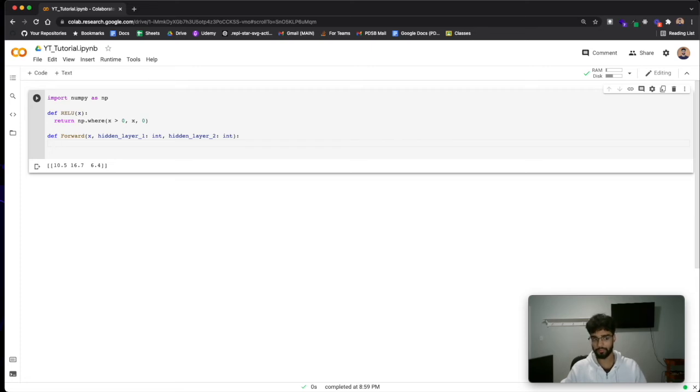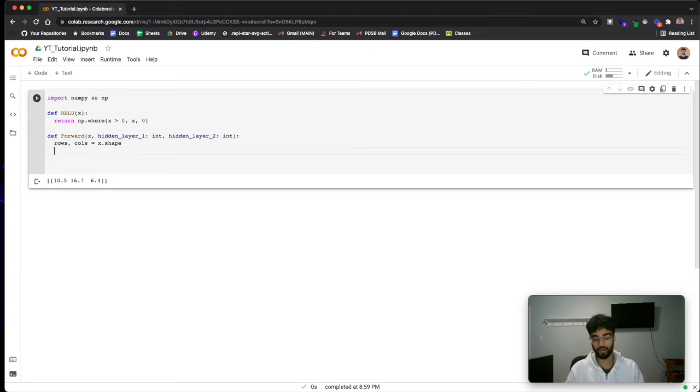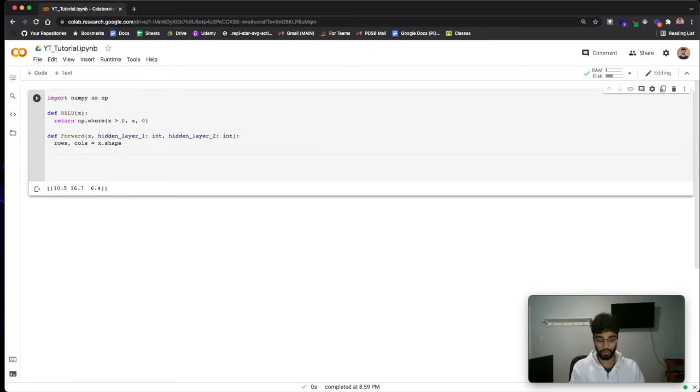So the shape of these weights is actually just going to be, okay, we're going to get the shape of x. So rows and columns is going to be equal to x dot shape. Okay? And so now that we have the rows and the columns, we have to think back to the matrix multiplication rule. So the first dimension of the input layer should be the number of columns that x has. So we're actually going to just initialize some random weights. So input weights is going to be equal to